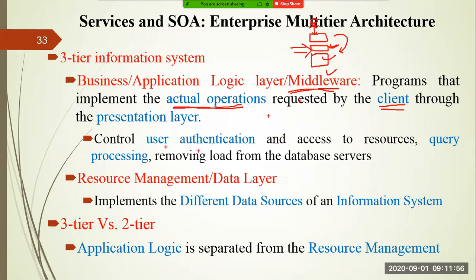It is also responsible for user authentication. In order to validate whether the user is a genuine user or an unauthorized user, it provides an authentication mechanism by providing a specific username and password to each and every user. And it also allows access to the resources. The resources are available in the bottom layer, that is your resource management or data layer. In order to access the resources in the bottom layer, this layer has some logic. By using that logic, the user request can be mapped to the particular resource management layer, or to particular resources.